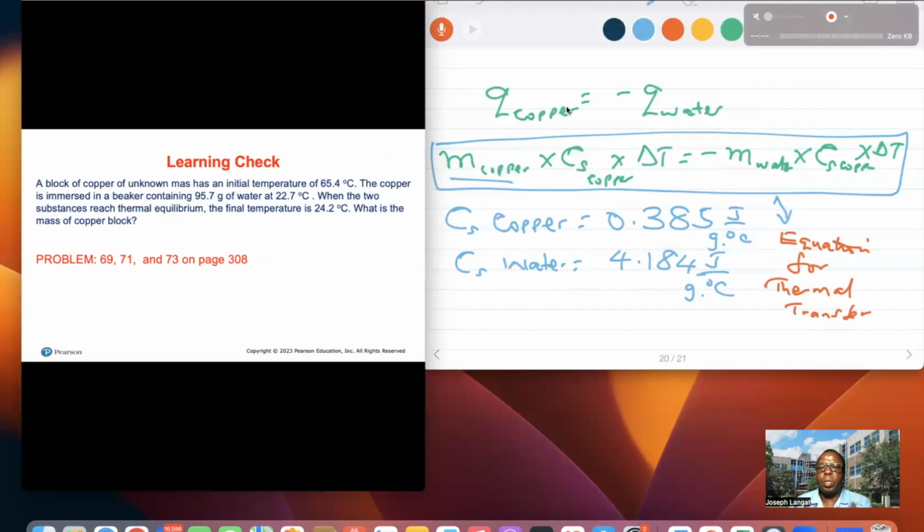That means quantifying the heat for copper and the water loss. Remember, one is gaining, one is losing. Specific heat, if not given, you have to refer. For example, here, we were not given the specific heat for both substances. I had to look up from that table. The table